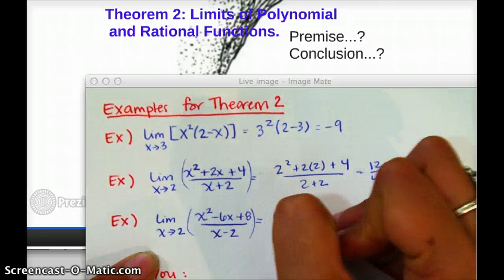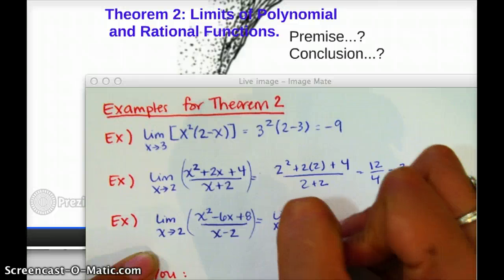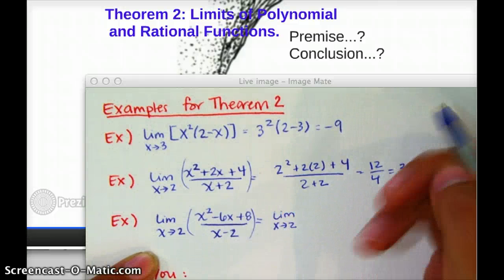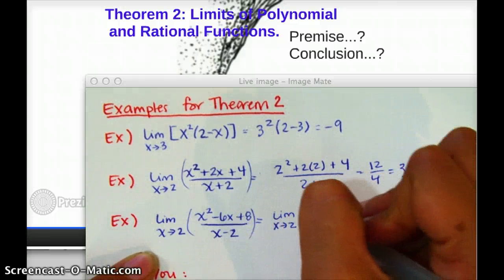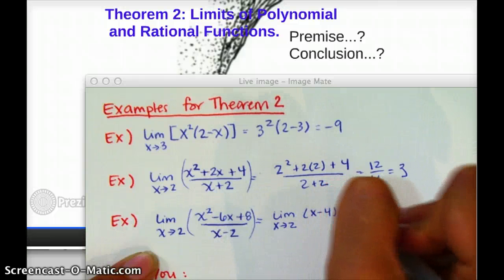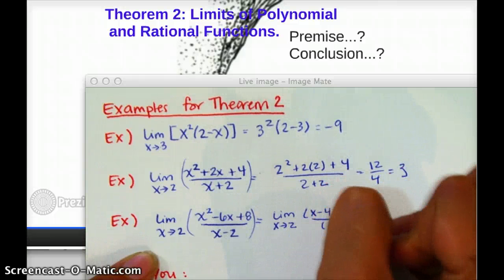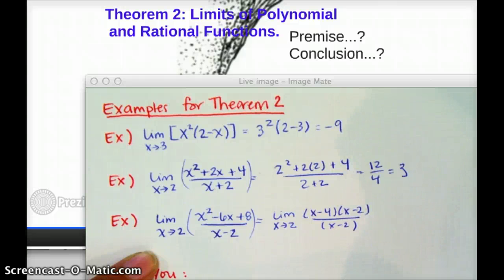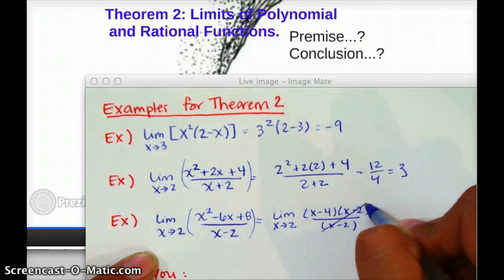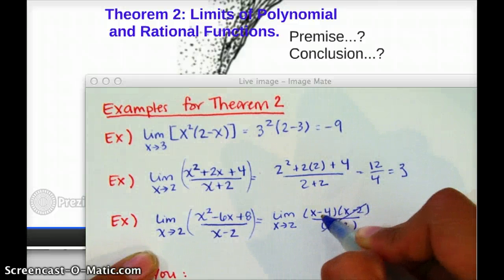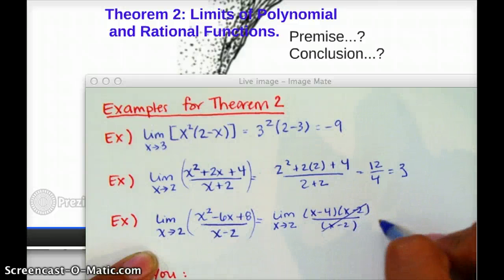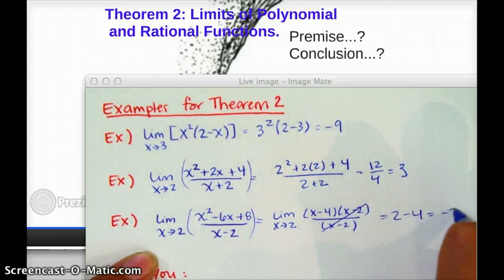Well, you might already see what we can do. If I keep the limit for a second and rearrange this function, I could rewrite it to be x minus 4 times x minus 2 over x minus 2. And in this new form, I realize I can cancel these out, which means that this is the same thing as x minus 4, and when I plug in 2, I now get a limit